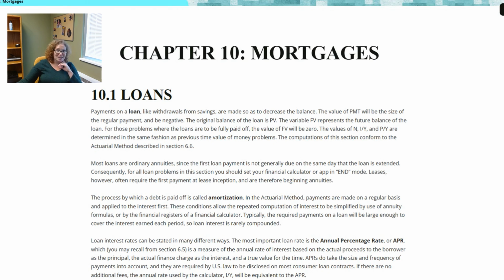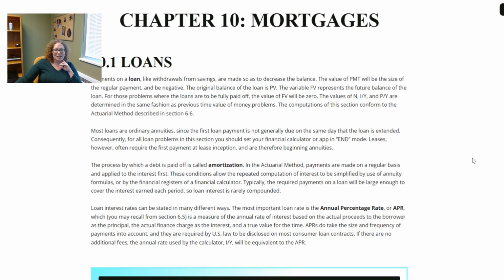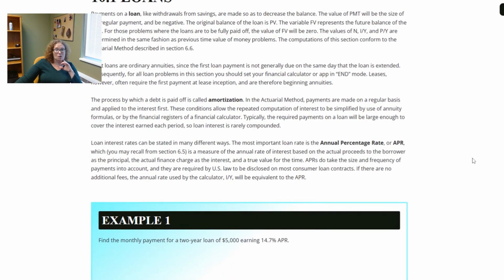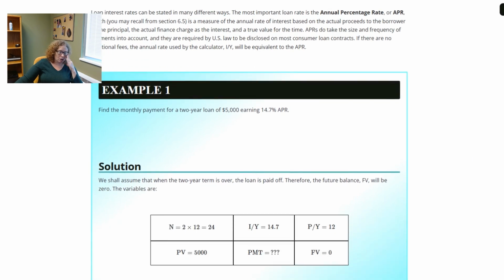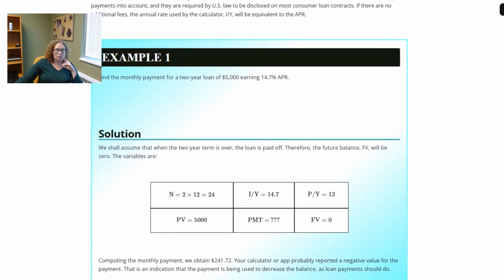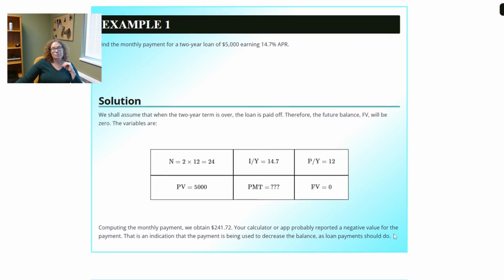We looked at the USA method, and we also can look at loan rates based on the annual percentage rate, or APR, which we have talked about before as well. So we can just use the formulas that we've used before and set up the chart to determine what a payment would be on, like, a 2-year loan. So that way we could compute it and find out in this case that the payment would be